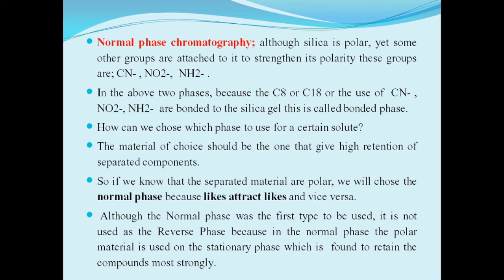In normal phase chromatography, the least polar compounds elute first and the most polar compounds elute last. The mobile phase consists of a non-polar solvent such as hexane or heptane, mixed with a slightly more polar solvent such as isopropanol, ethyl acetate or chloroform. Retention decreases as the amount of polar solvent in the mobile phase increases.